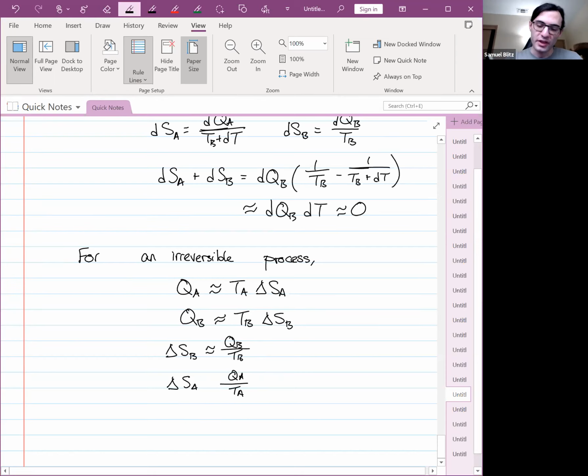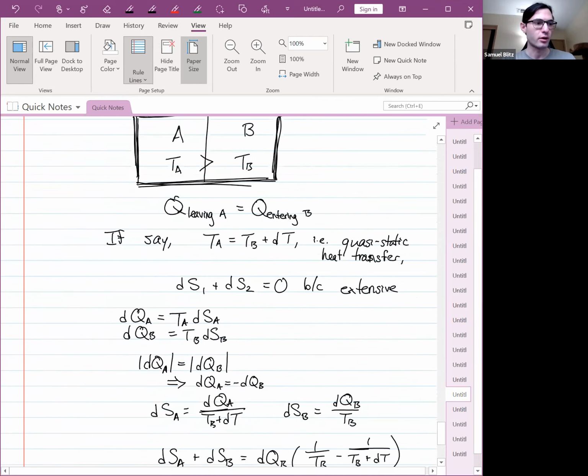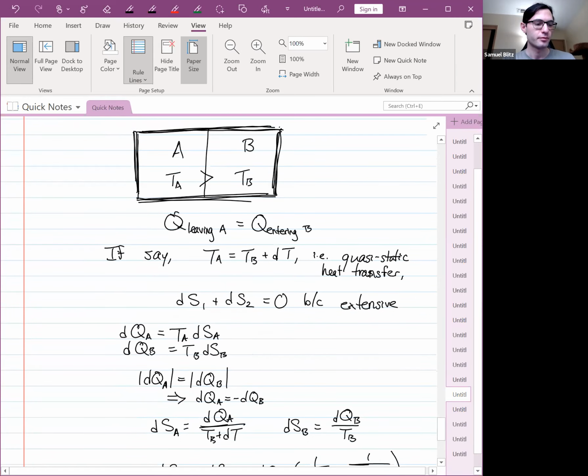So this is all to say, well, we know that the heat that comes from one goes to the other. So because QA plus QB should be equal to 0, we have to have that the changes in entropy are different. Much of this is fair game. It is highlighted in yellow. So let's think about what SB and SA are. Did I write this in the right order? Yeah. Okay, so